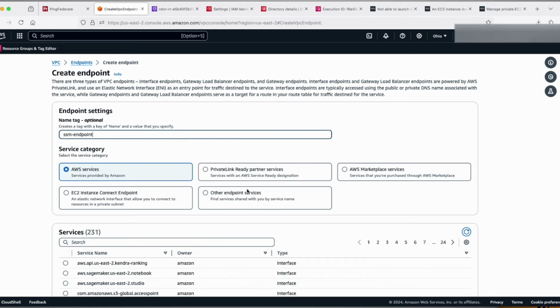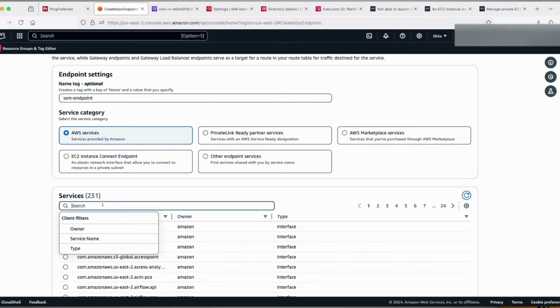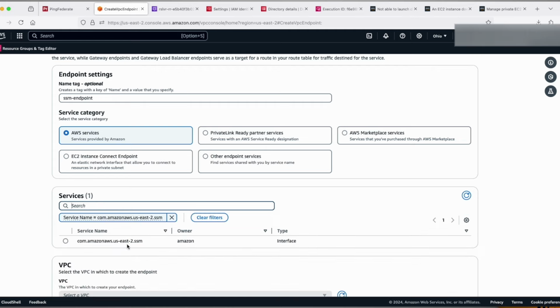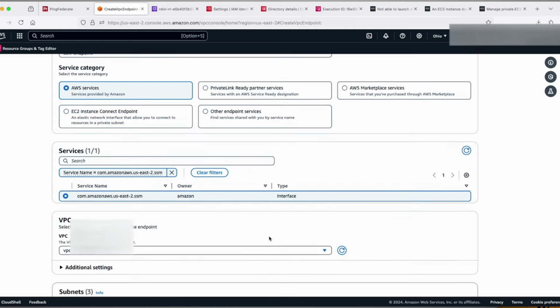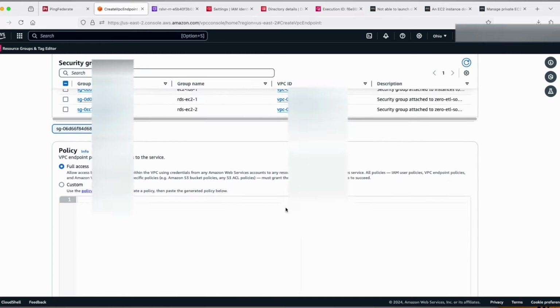Leave service category as AWS services. In the search bar type com.amazonaws.your-region, which is US East 2 in my case, .ssm. Select the service, choose the VPC, subnets and security group, same as that of your directory, and click on create